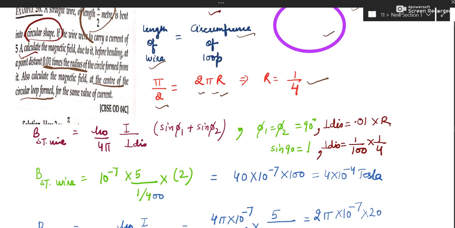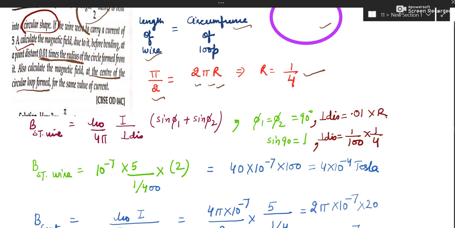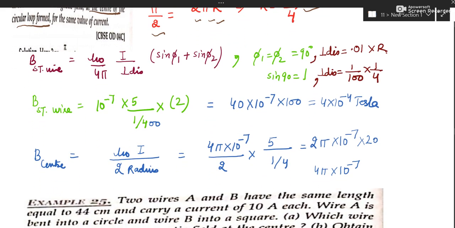So we have to find out two magnetic fields, one at the center of the loop. That is easy, because that is a complete loop. So we have a direct formula, mu naught I by 2 radius. Mu naught is 4 pi into 10 to the power minus 7, because mu naught by 4 pi is 10 to the power minus 7. Right? 2 is 2. Current is given. Radius you have found. So you can substitute and then you can match up the answer. You can mention it in Tesla. Okay, this was one portion.